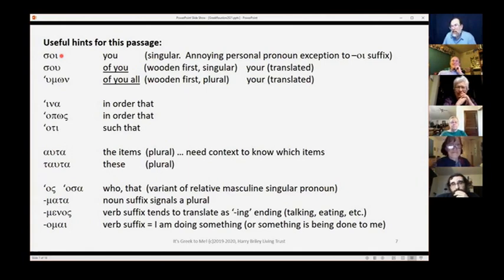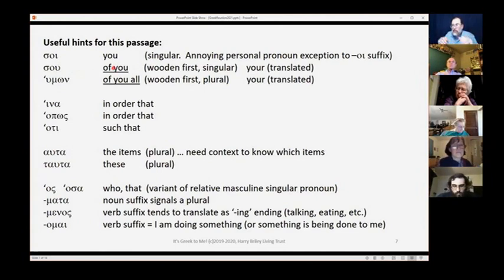So soy is a singular for you. It is not a plural. When we see our OUs in the text, please translate them in the wooden form. Don't try to fully translate them into English yet. So it's going to be of you. You'll probably translate it as your, but if you see an OU, it's going to be of. So of something, especially if you get a long string